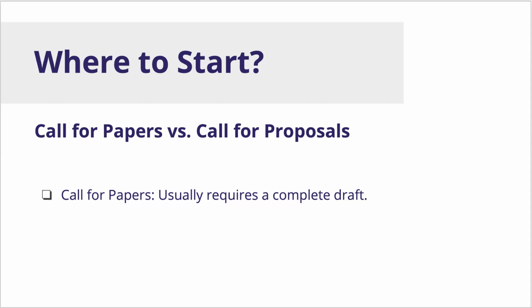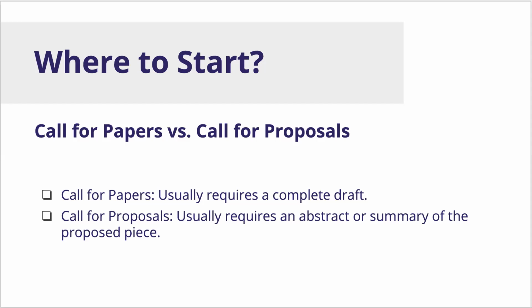Another key difference between the two is that usually a call for papers requires that you submit a complete draft, whereas with a call for proposals, you can send an abstract or summary of the proposed piece. And I've had this come up for research that I've done. I have the article that I submitted to the American Harp Journal, and their process is they want to see a proposal for a journal article first, which is essentially send them the abstract,